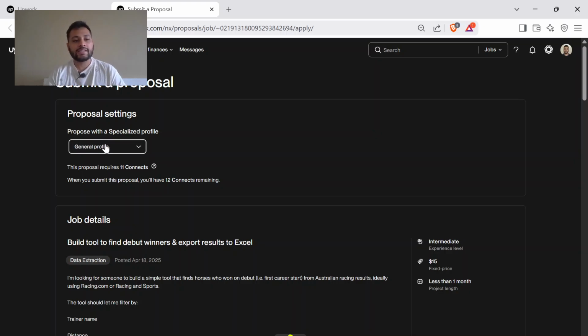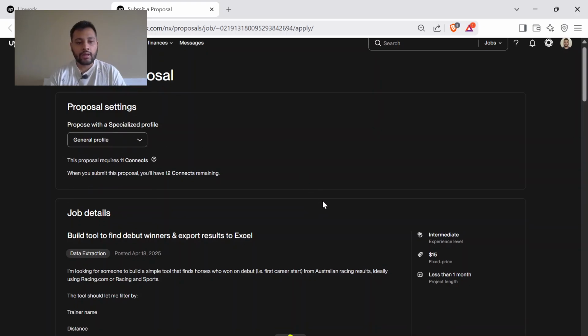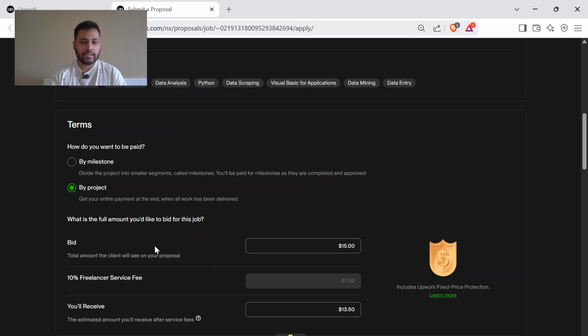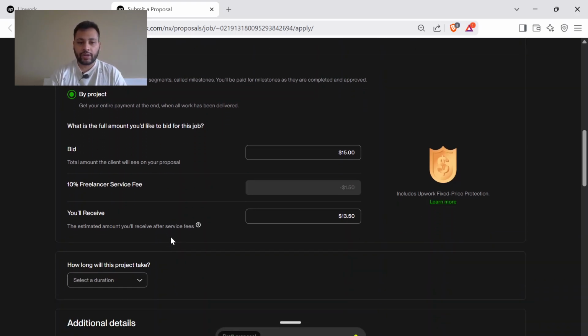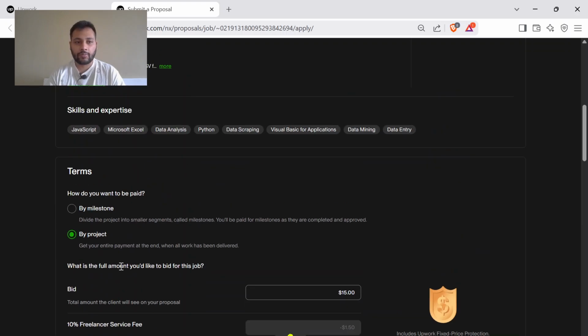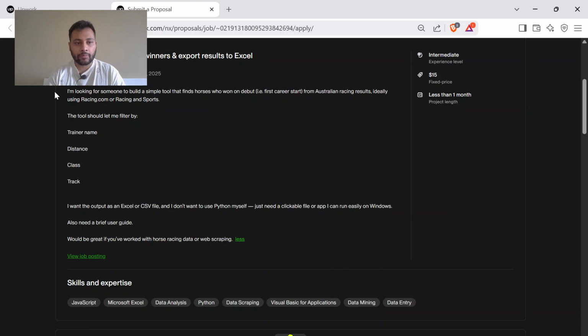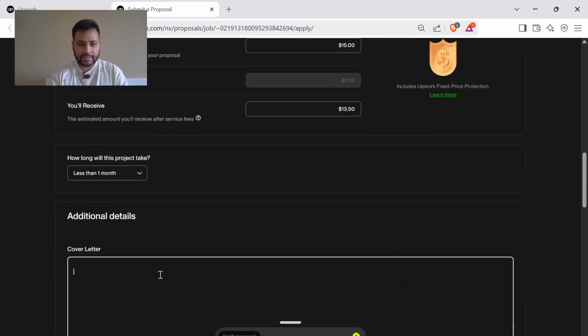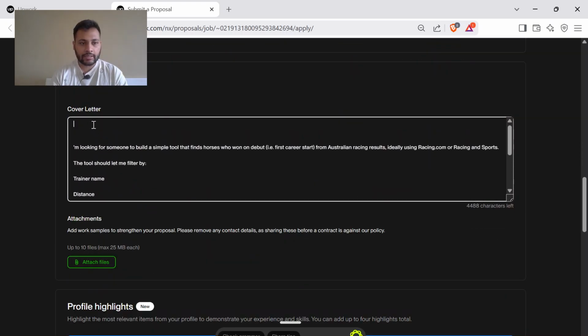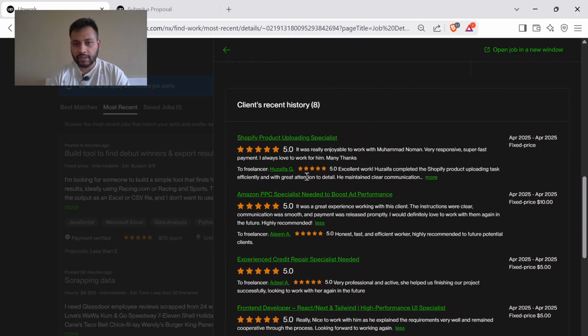For profile selection, you can keep it general or use your specialized profile. I generally keep it as a general profile, since it will always mention all the work which I have done. Then by project, obviously in this case, since it's a small amount, $15. And for how long the project will take, it would obviously be less than 1 month. Before jumping into the proposal, I'll give this a quick copy and paste it right here, so I won't have to scroll back up again and again. One more thing we could do is simply copy the name itself